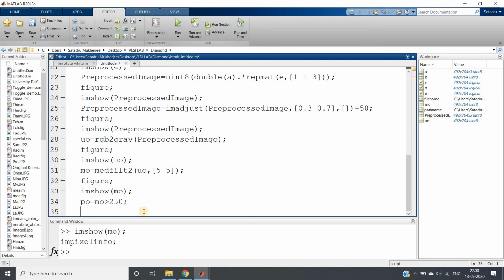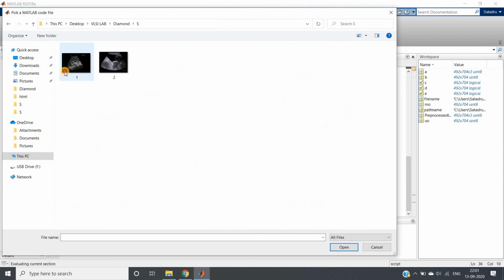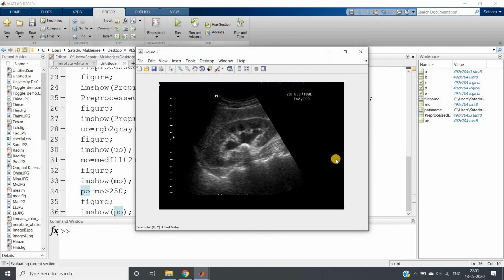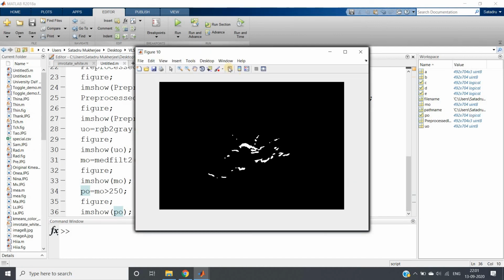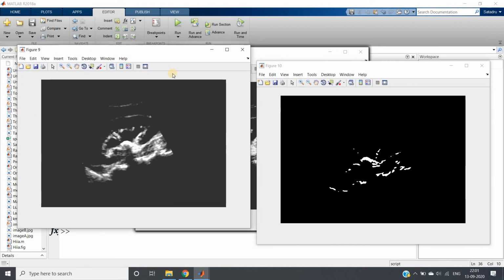Here you can apply imbinarize, no problem, but here I am using this one where we are not using any inbuilt function. I have already discussed in detail how we can apply this kind of thresholding. Then I will simply copy these two lines and paste here, and let us see what we get in PO, which is the filtered binary image. Obviously a little more pre-processing is required for this kind of case, because these are very sophisticated things. Medical image processing, you can understand its importance. A little bit wrong and there could be very huge damage to the patient.